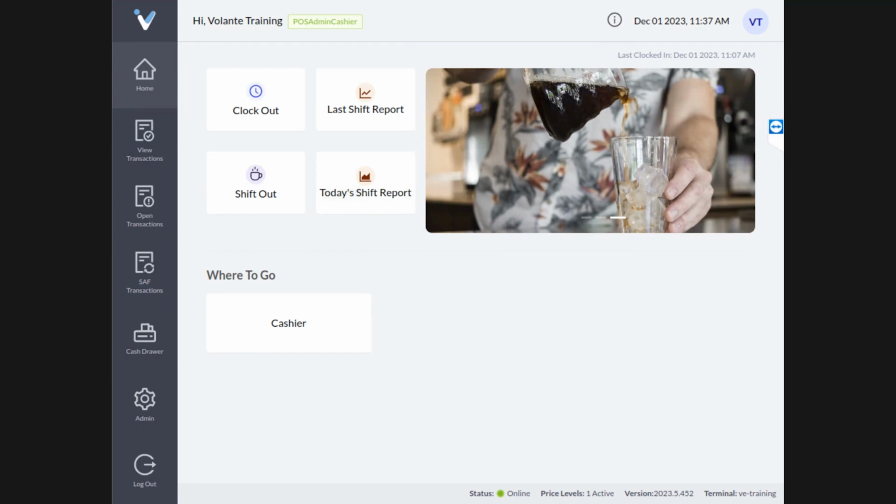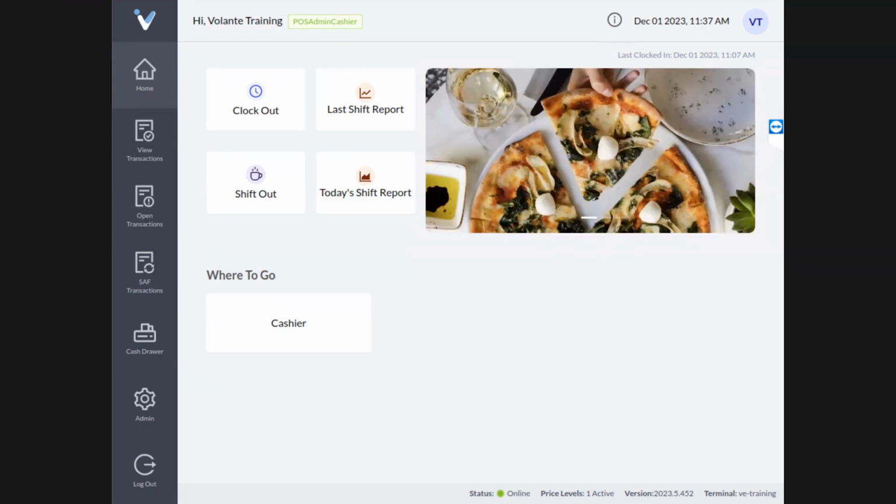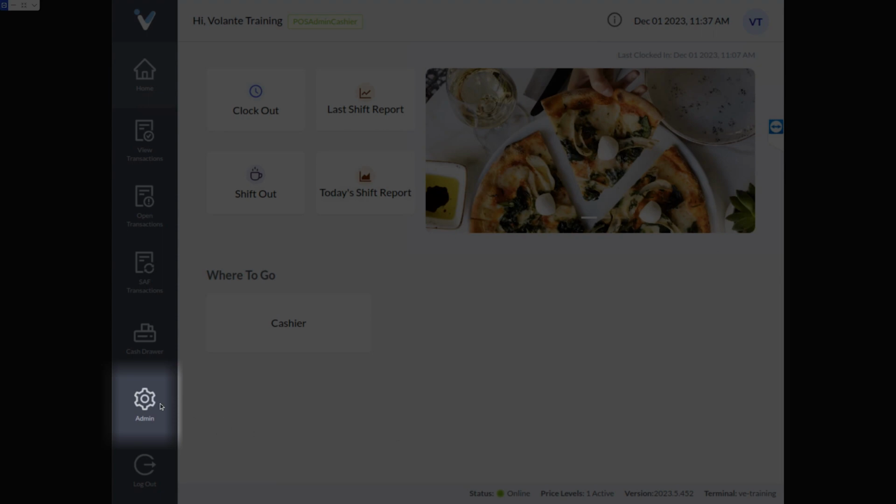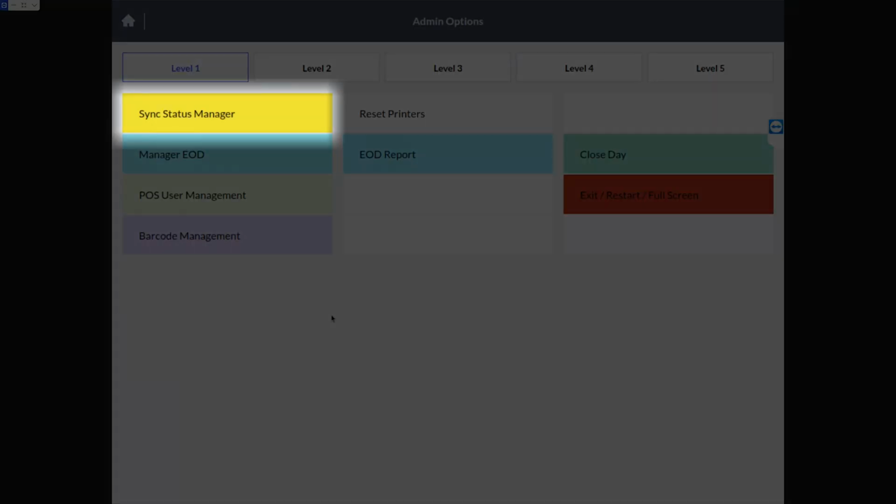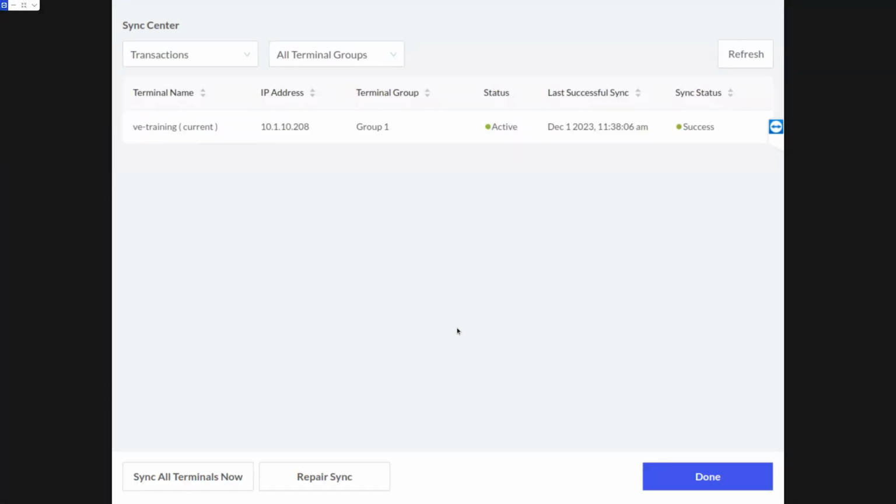Let's take a quick look at how the data sync function works from our terminal end. I'm going to go to our admin area first, where we can see we have the Sync Status Manager here in our Level 1 functions at the top. Our Sync Status Manager will show us all current terminals within our space, and I can do syncs for different